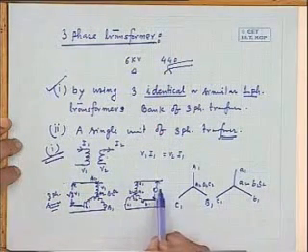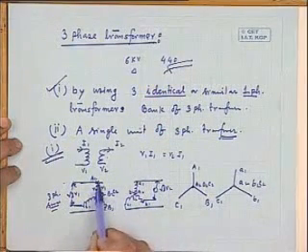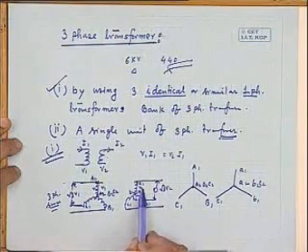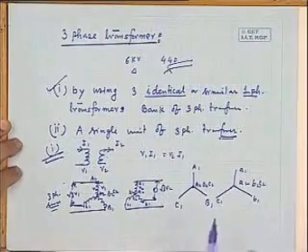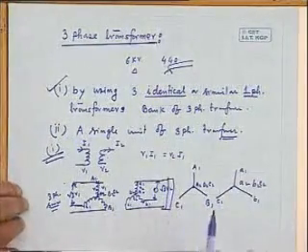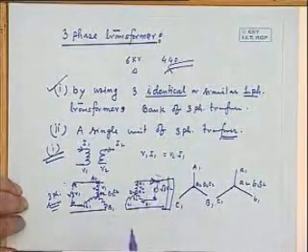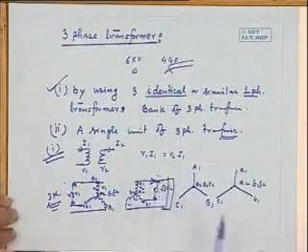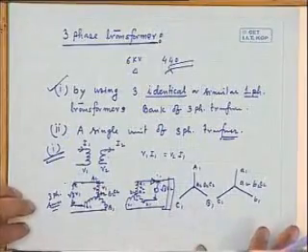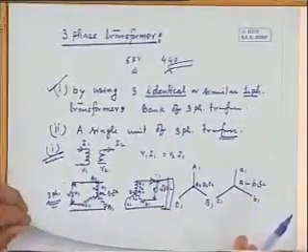Tell me, if I connect a voltmeter between the lines of the secondary, how much will it read? Root 3 V2, because the moment this transformer gets V1, its secondary will have V2. Now I would like to load it with a three-phase load. So tell me how much maximum current should I allow to flow through the secondary? Assume a balanced load, and think over that. So in our next class I will continue with this. Okay.